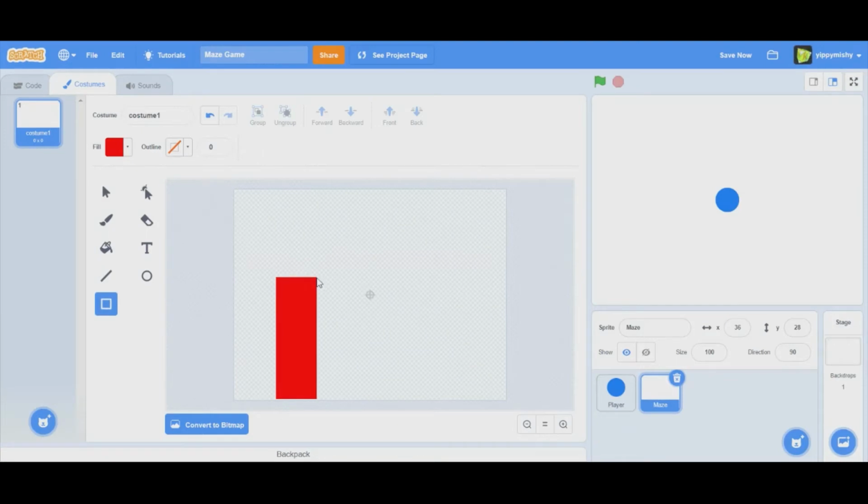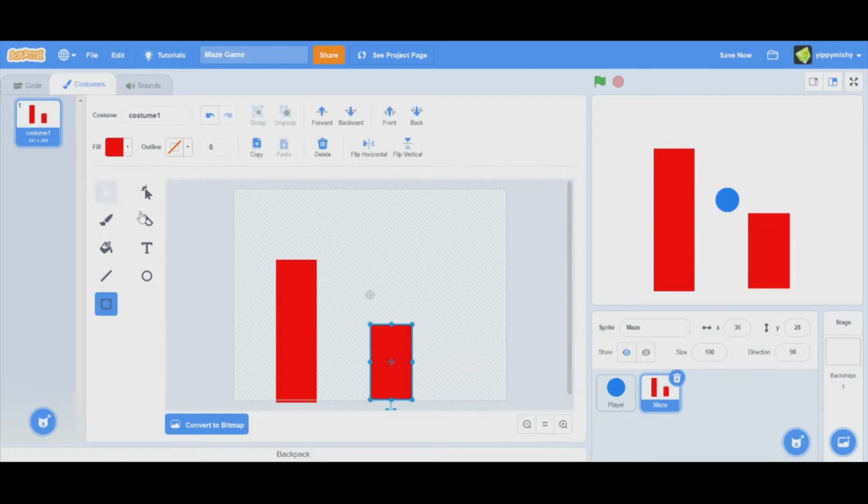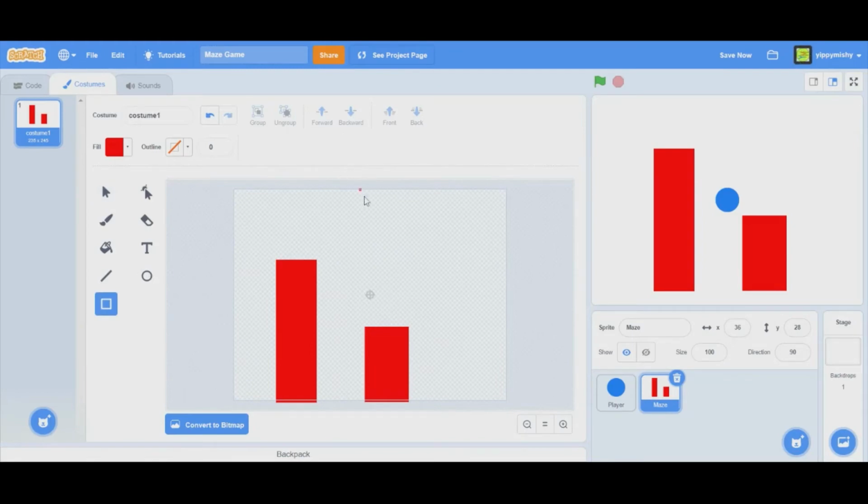You make this as simple or as complex as you like. I'm going to make mine very simple. So yeah, I'm just going to use the rectangle tool mostly and move the rectangles around to make a nice simple path.